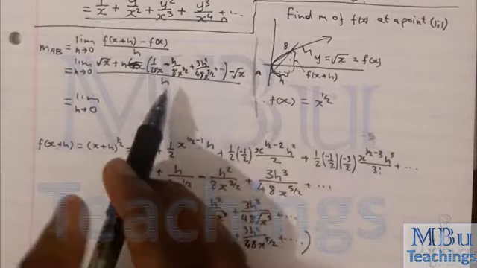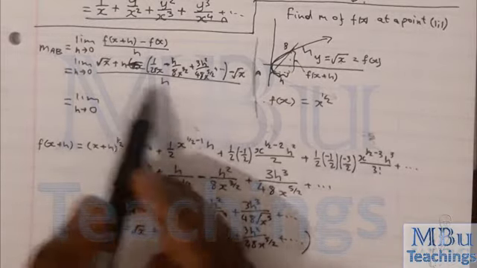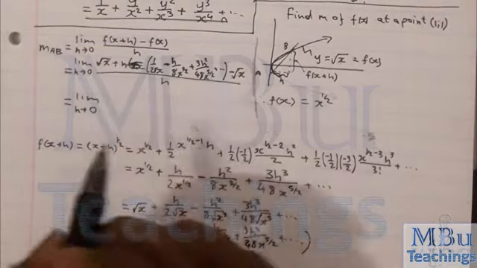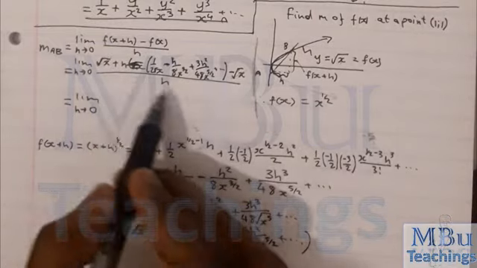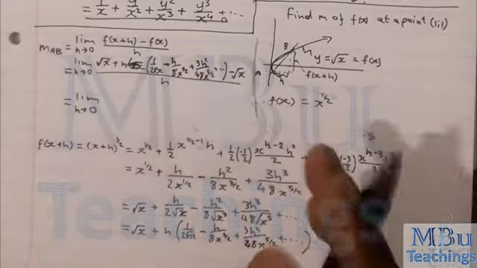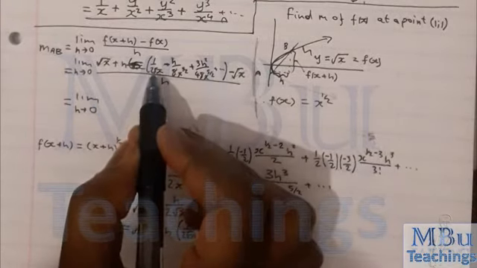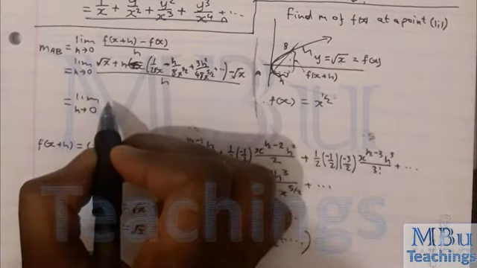Okay, this is not acceptable. You're not supposed to do this when you are writing your exam. First do this one, on the next step you can cancel these two, alright? But I just did them at the same time. Then we are left with that, which is